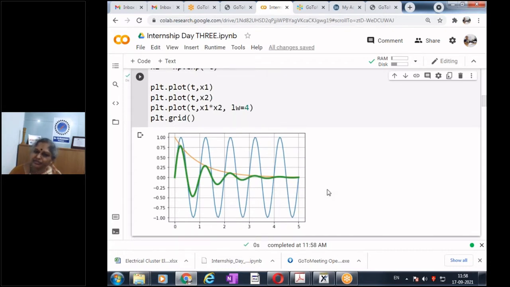Is that fine? So we again come across this signal, an exponentially decaying sinusoid, in many circuits. Second order systems will come across this signal, and hence it's good to see how it looks. I have the exponential function, I have the sine wave, and then it is this way. Yes. So let's take up another example.